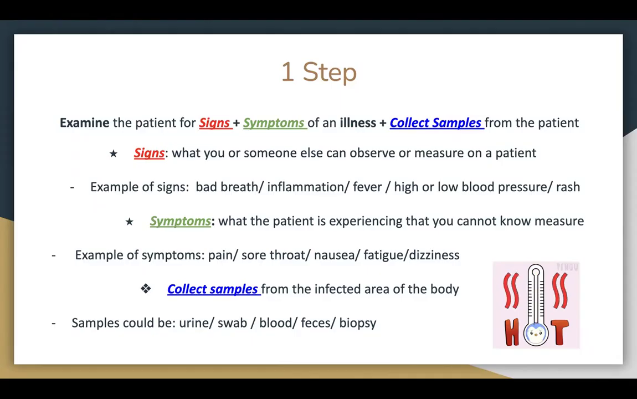You can also check to see if the person has a high blood pressure or a low blood pressure. That's something you can measure as well. Now, something you can observe is maybe a skin rash or a lesion or abscess on the skin. Now, a symptom is what a patient is experiencing that you, as a healthcare worker, will not be able to measure or